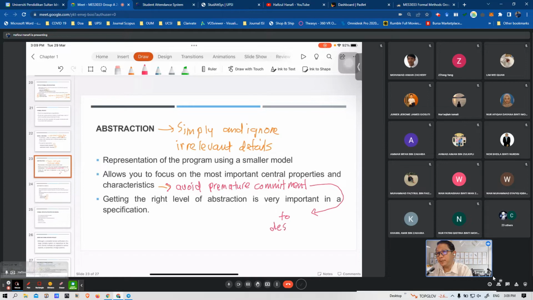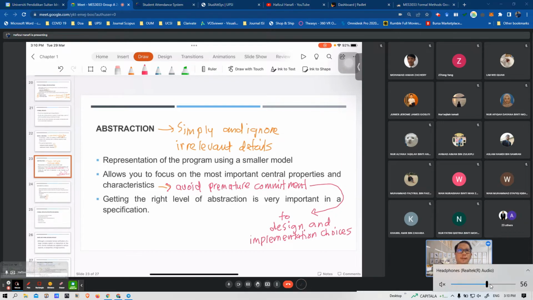Boleh baca ke saya punya tulisan ni? Boleh baca ke? Boleh baca ke? Tak dengar. Sekejap. Apa dia? Boleh. Sorry lah tulisan cakar ayam eh. Boleh lah asal kamu faham eh. Okay,